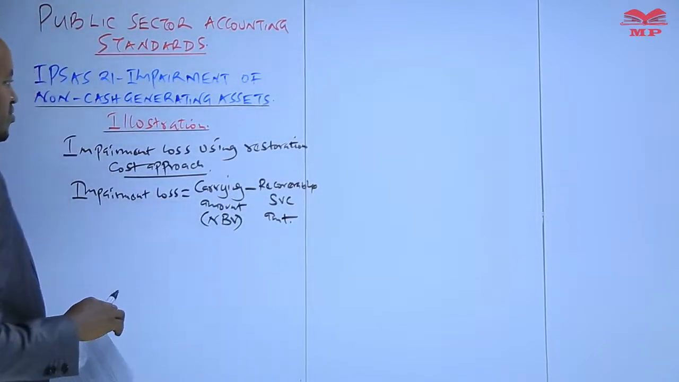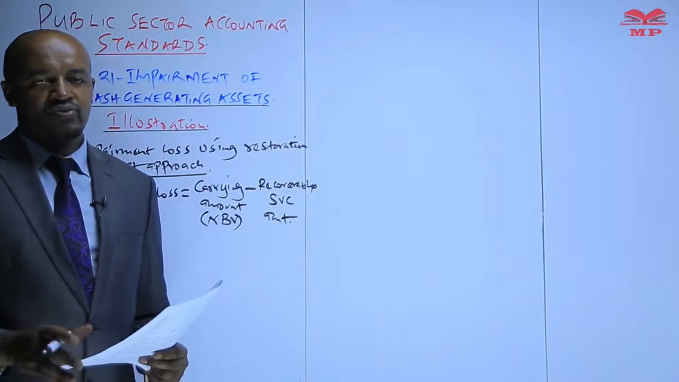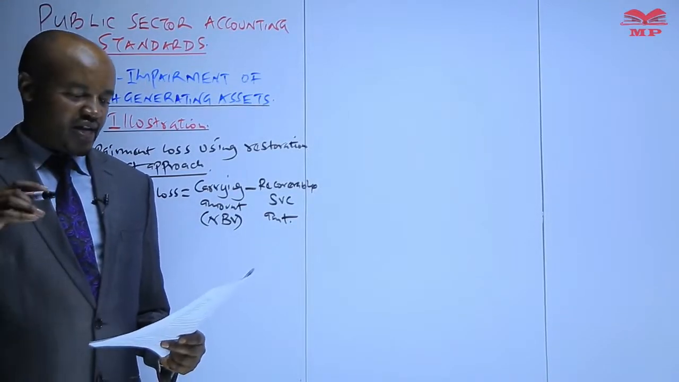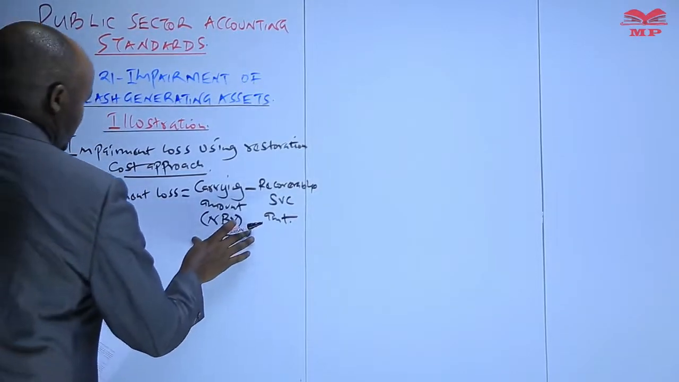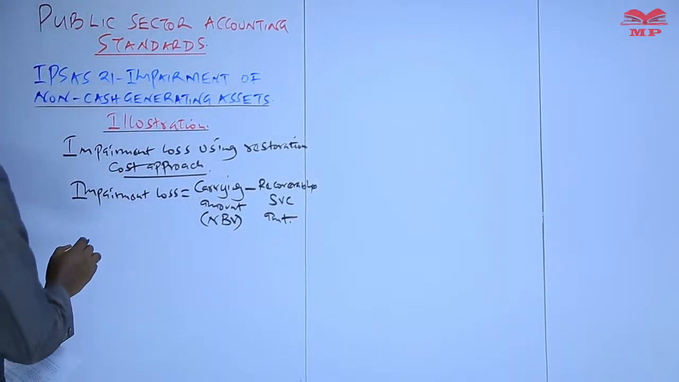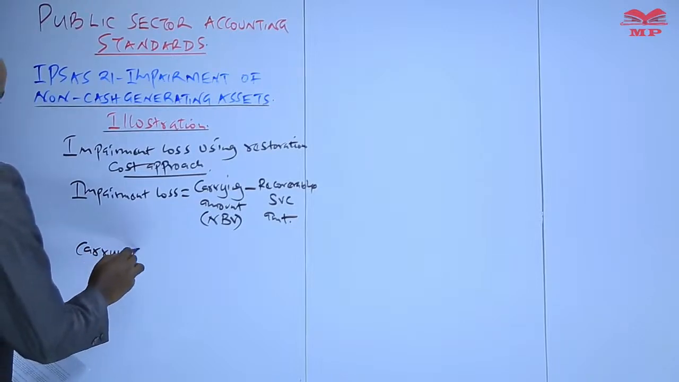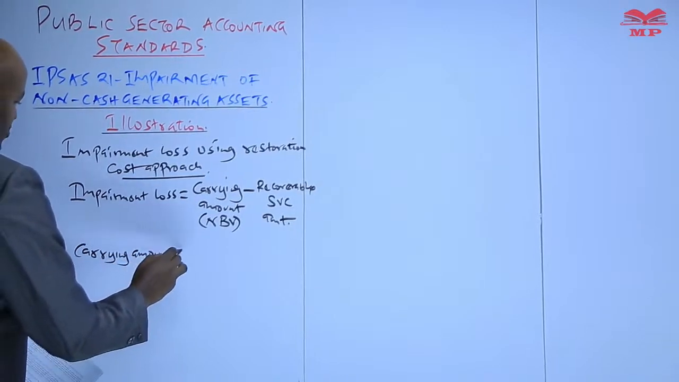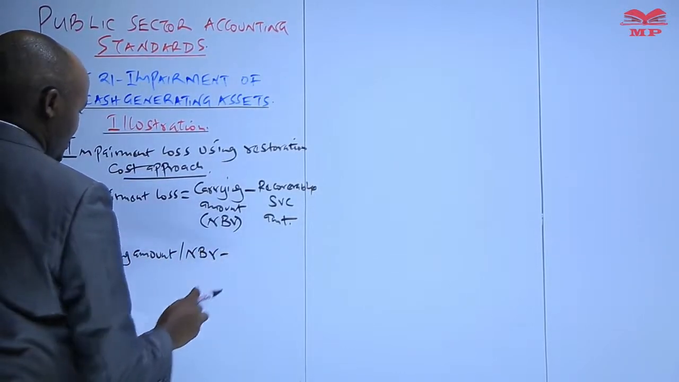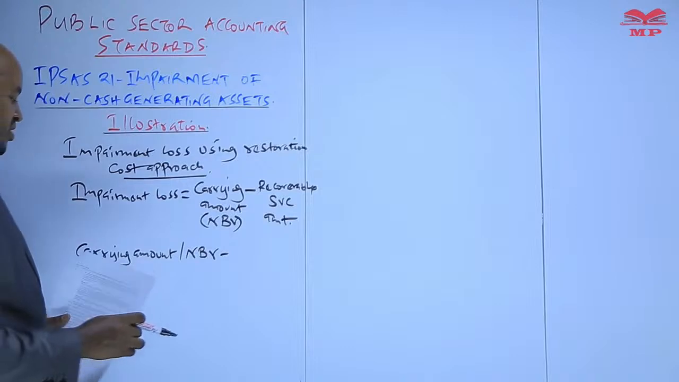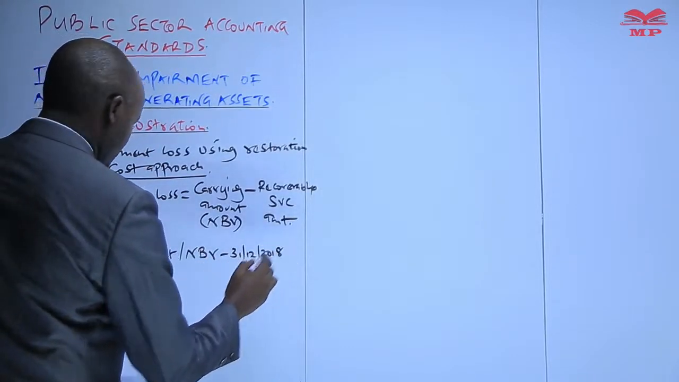So therefore, for us to be able to determine this impairment loss, we have to determine these two values, the carrying amount and also the recoverable service amount. So let's start by determining the carrying amount, which is the same as the net book value. And we are determining this on which date? On 31st of December 2018,